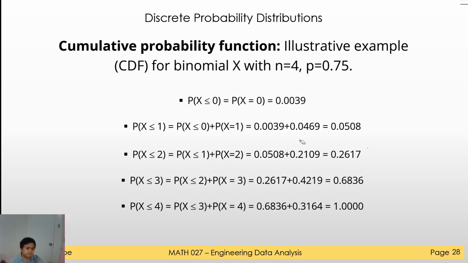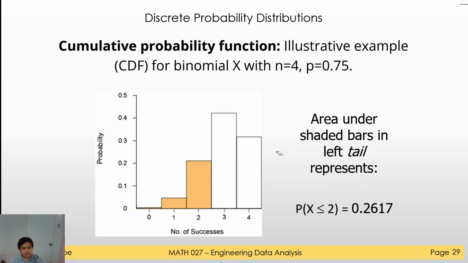You should remember that. For the cumulative probability distribution, this is the graph. How does it look like? It will look like this. So again, if it is closer to 1, usually we have a slide that is looking like this. We can determine from this graph the approximate probability of, let's say, when the random variable x is less than or equal to 2. Basically, we just add these three probabilities